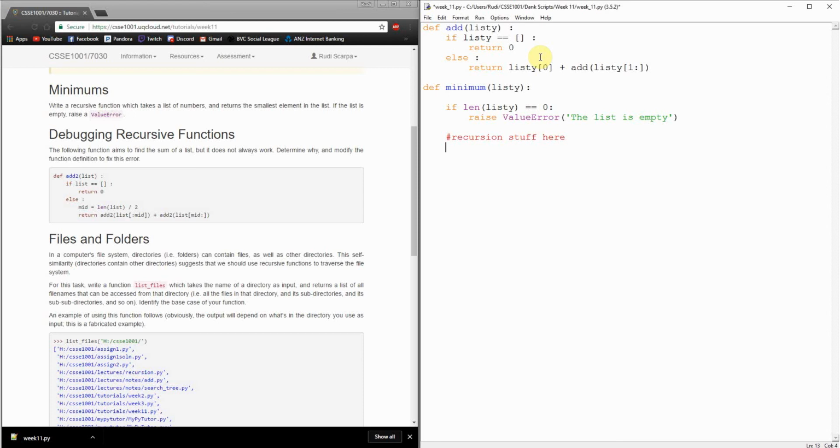So with recursion, you got 2 really important things you need to think about. One is the base case, right? What is the base case we're going to try and think of for our minimum function that we can try and reduce our list down to, right? And then the other thing you've got to think of is, how would I do a singular step of that